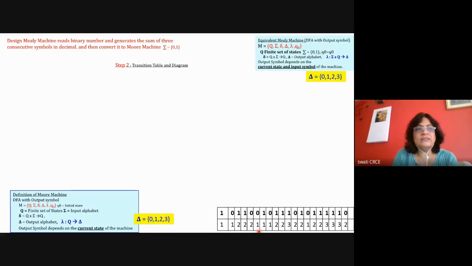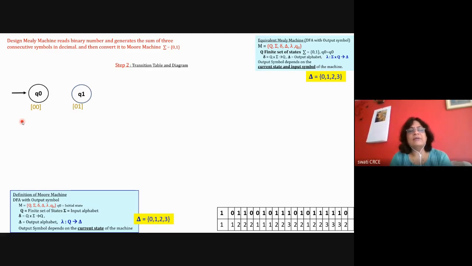Suppose I have an initial state as Q0. My state Q0 will have previously processed two symbols 0 0, and now a new 0 will come. So when the new 0 comes, it will become 0 0 0, the previous three symbols. Or if there is a 1, it will become 0 0 1. I'm assuming that in the initial state nothing is there, meaning 0 zeros are there, and now there can be a 0 or a 1. So my state Q0 is for remembering the previous two symbols as 0 0.